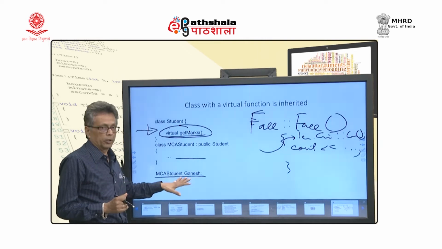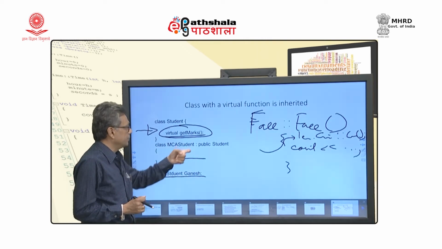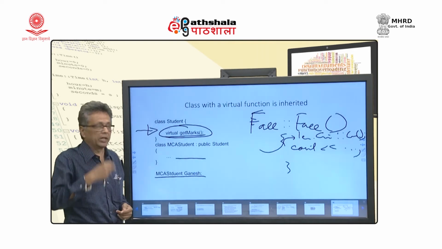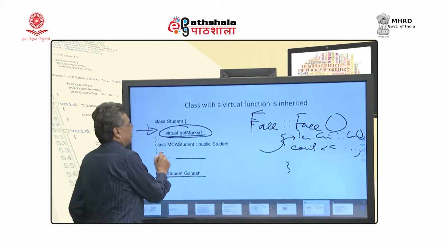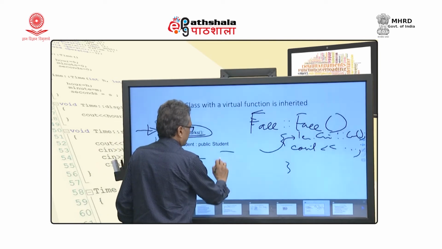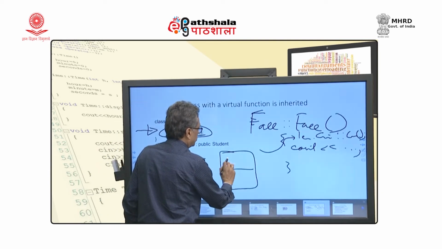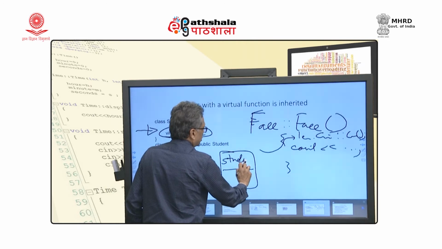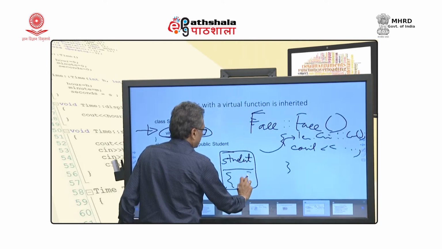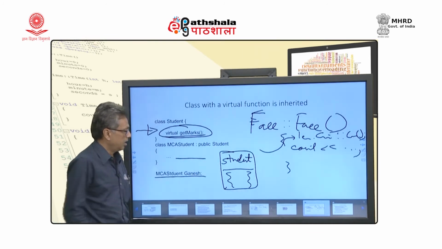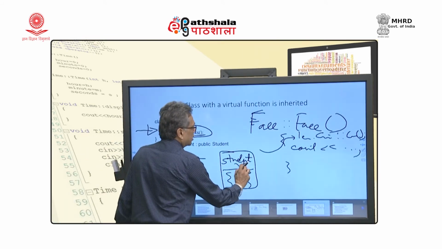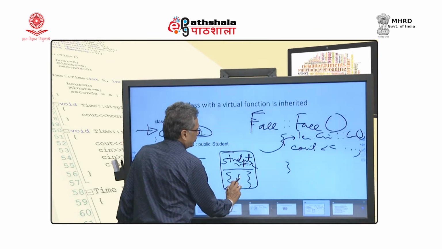So, that is the problem. In fact, class MCA student will have two VPTRs. There is a sub object student, and the remaining elements of MCA student. So, when this is embedded, student will have its own VPTR and this will have its own VPTR.